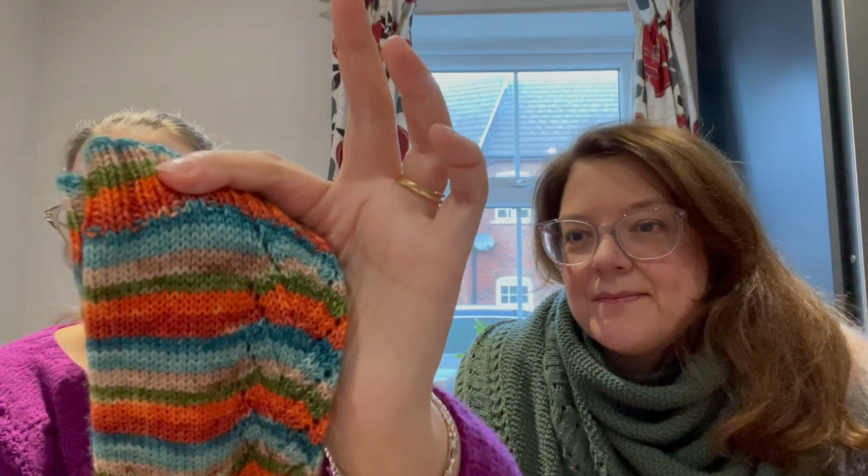Right. So my number 4 is another pair of socks, and there are 3 reasons why I love these. I love the colourway. It's Stripey Cat Yarns in the Blame It on the Weatherman colourway. It's gorgeous. I haven't worn them yet. I can't believe it, but I've done short row heels in self-striping before; these are afterthought heels, and I loved them. That's what I'm going to do now when I have stripy socks, afterthought heels in the stripes,